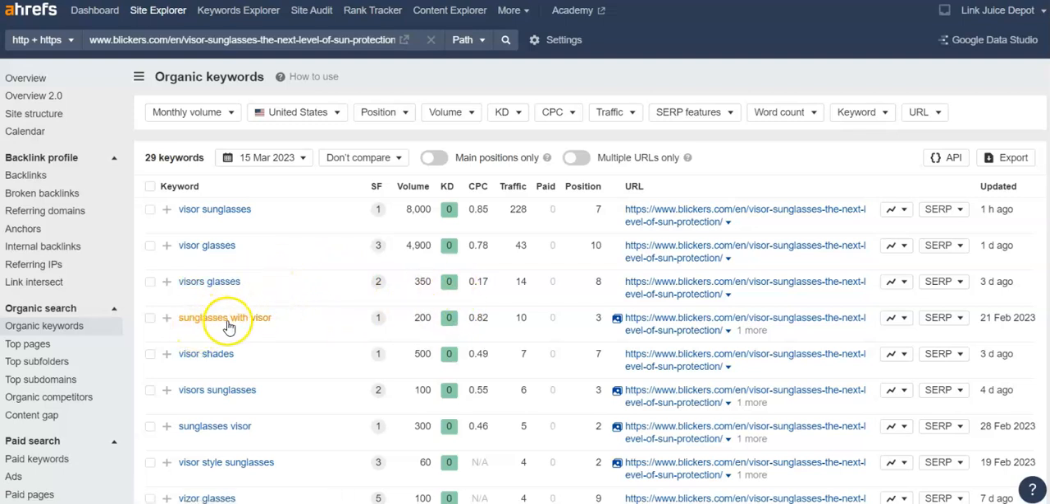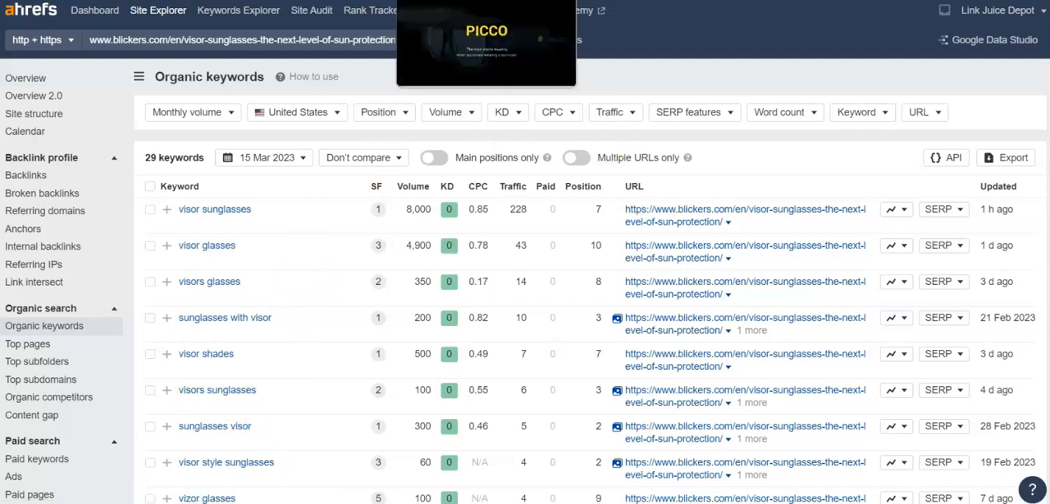And again, sunglasses with visor. So all these words have to be written as you see them. No little bits in between, no ins or ats. Even if it doesn't read correctly, that's the way they have to be in there. Yeah, so having said that, mate,